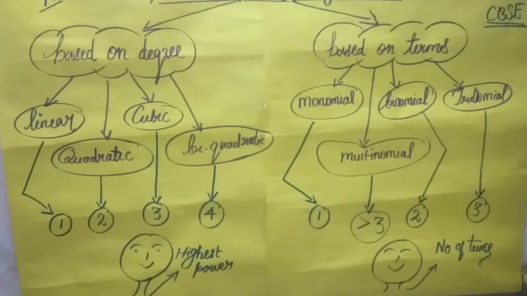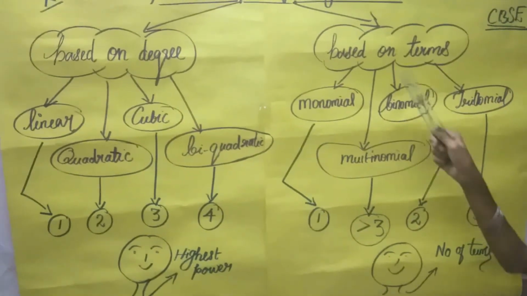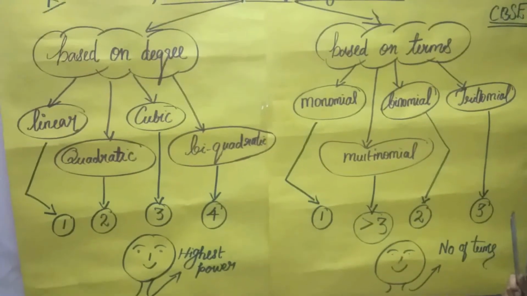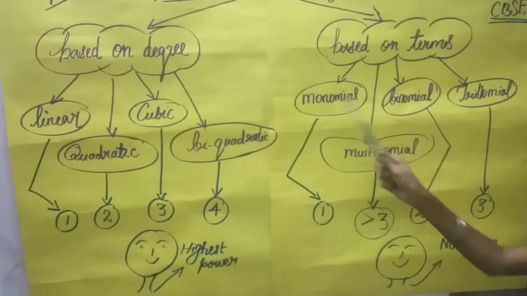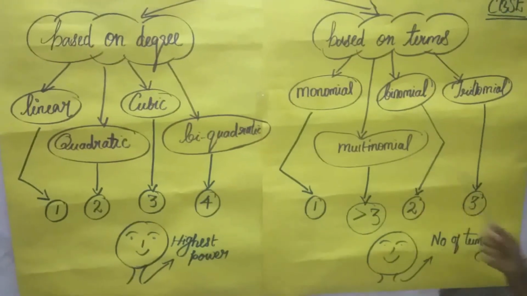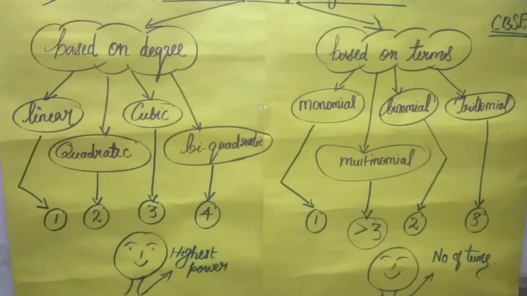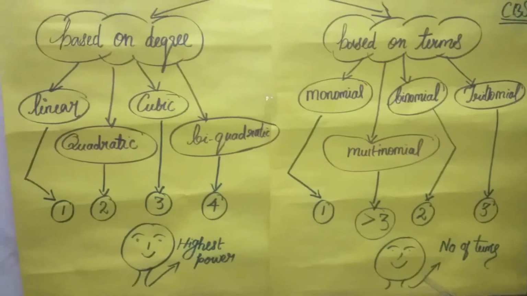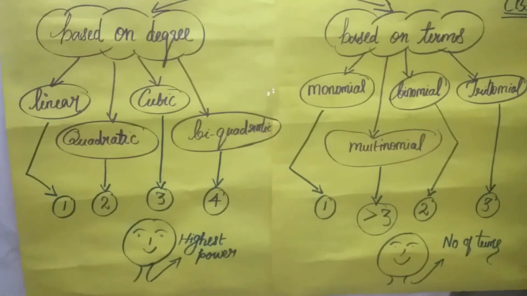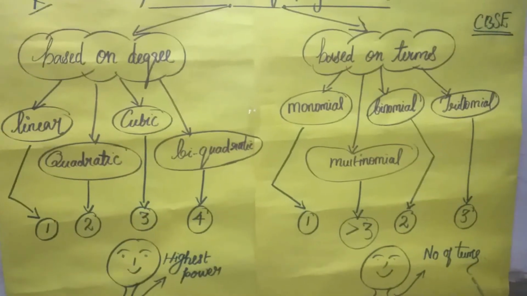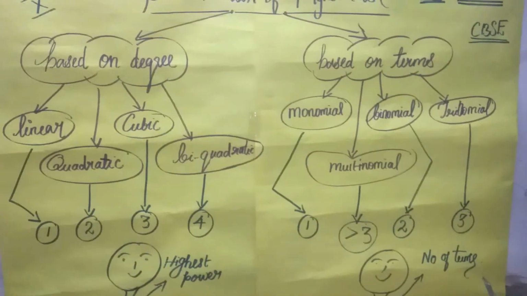Likewise, we have the next classification, based on terms. Based on terms, a polynomial is classified into monomial, binomial, trinomial and multinomial. These are based on the number of terms. Depending on how many terms an equation contains, we call the polynomial a monomial, binomial, trinomial